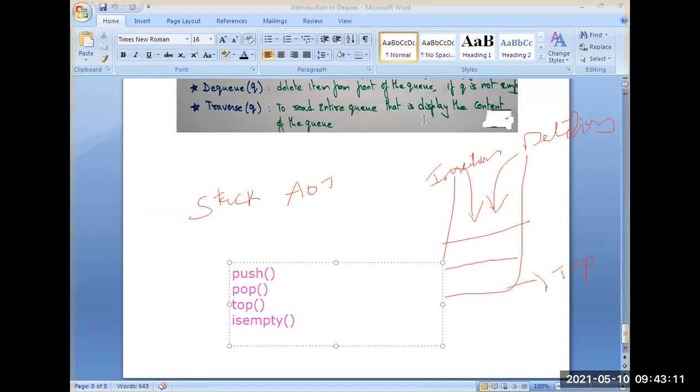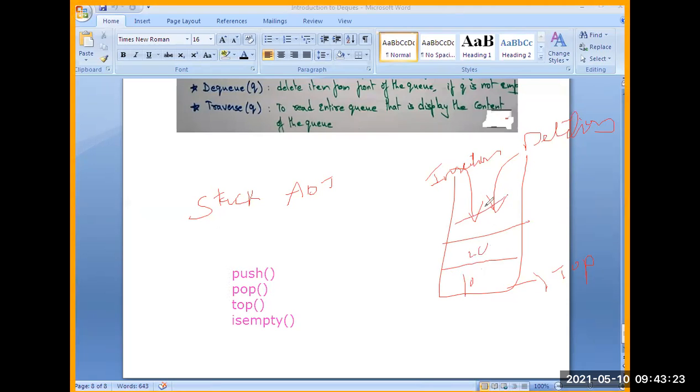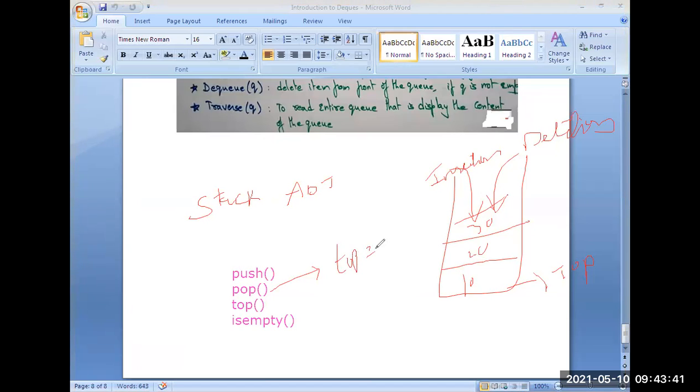For example, if you insert three elements in the stack, 10, 20, and 30, and you want to delete, the last element inserted is deleted first, that is pop. So if you want to pop an element from the stack, first of all you have to identify whether the stack is empty or not. Top equal to -1 means stack is empty.